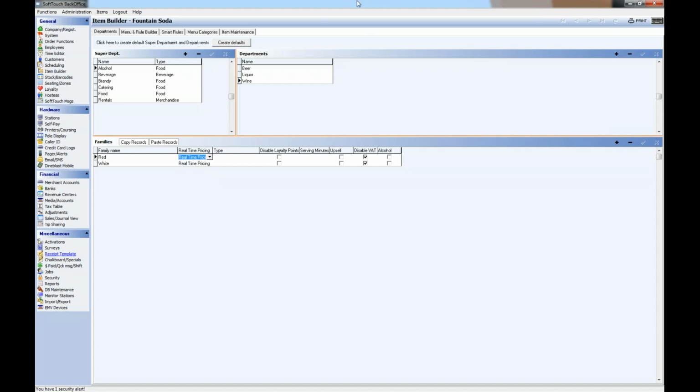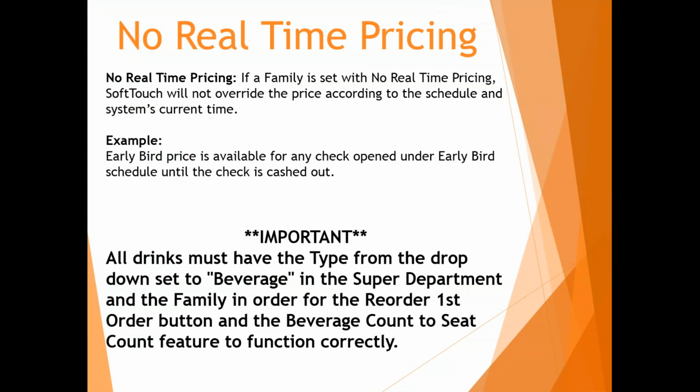So just everything in the red wine family will or will not have the real-time pricing. So it's up to you for the different families if you want to have the real-time pricing or not. Okay. And then just make sure the type for the drinks needs to have the type from the drop-down set